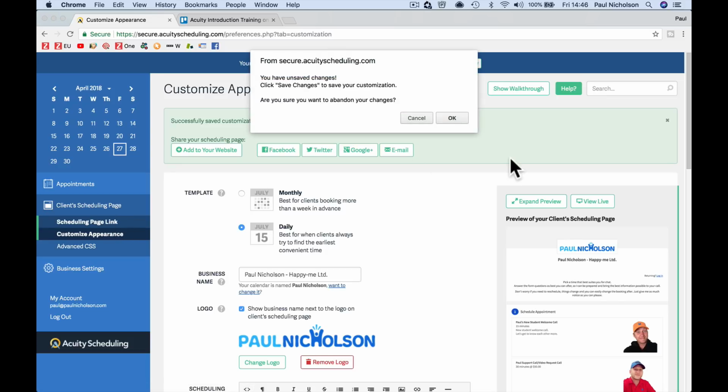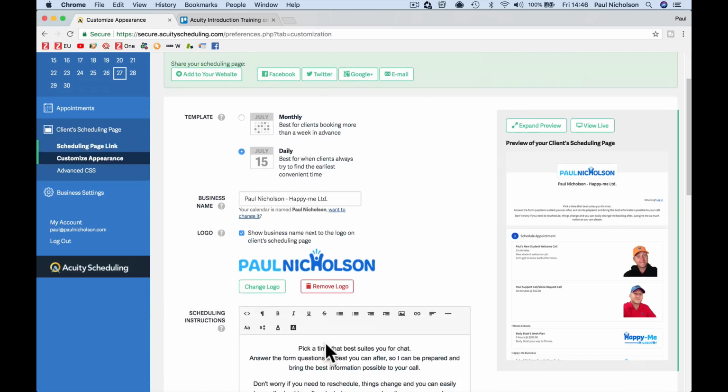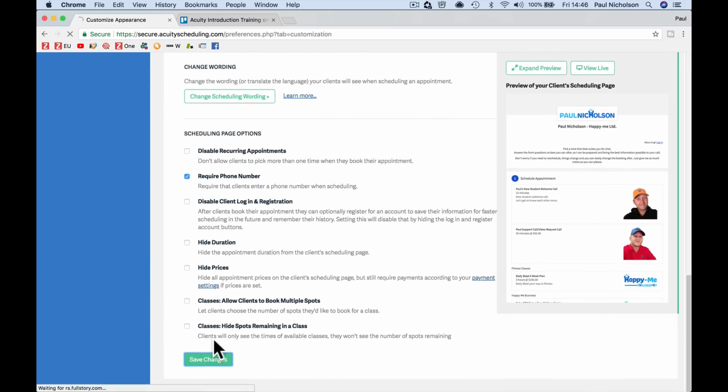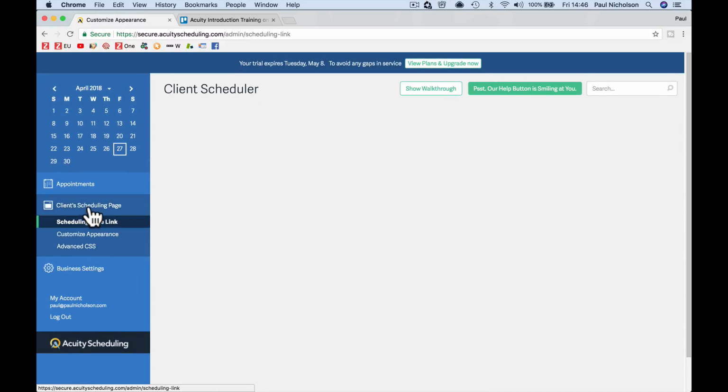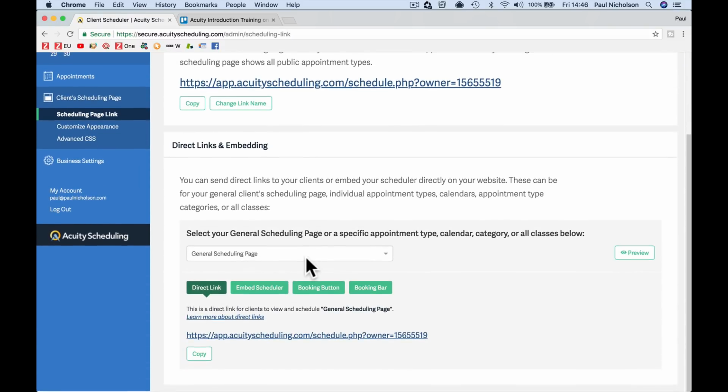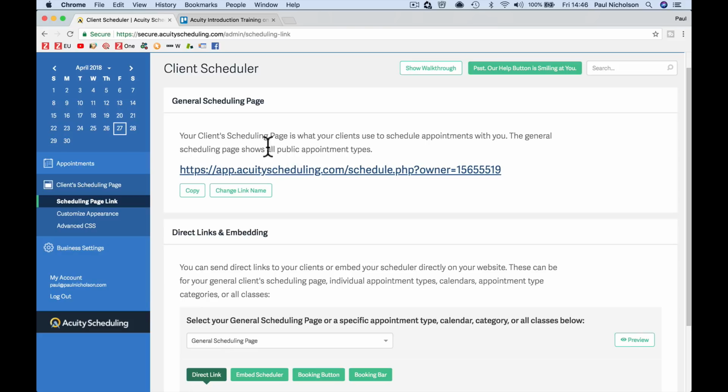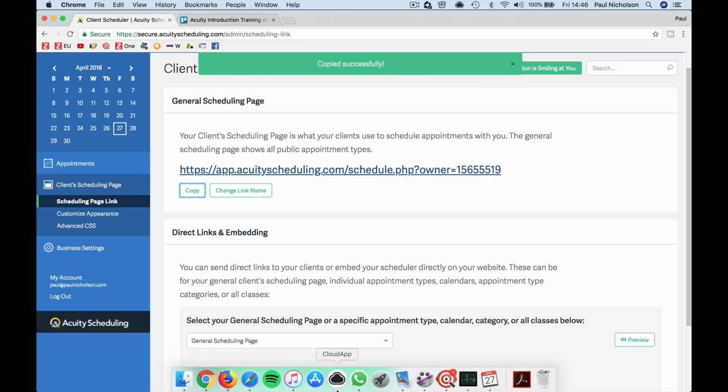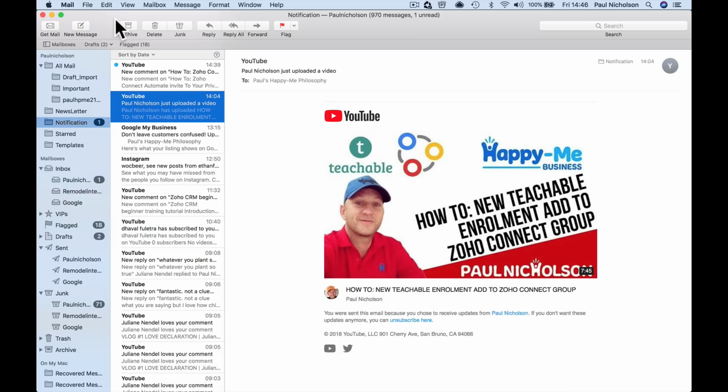If you go to the scheduling page link, I've ticked some stuff, but it doesn't matter. You're going to get information here on how to share it. So if you just wanted to show all public appointment types, you could just copy this, and I could